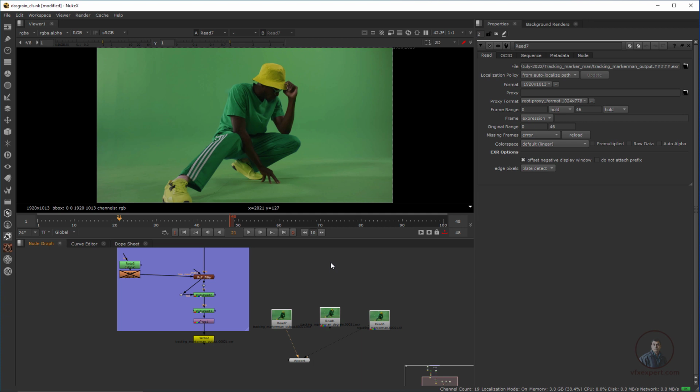So guys, in today's class we are going to see how we can match grain using the DustGrain node inside Nuke. So here this is our shot. In our previous class I removed all the tracking markers from this shot. This is our final output after removing all the tracking markers, and this is our original shot. Now in today's class we are going to see how we can reapply grain and match it with the original plate. Before starting this video, please watch my previous video, link I have given in the description.